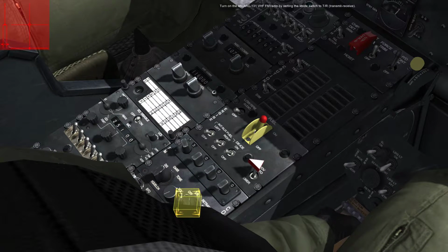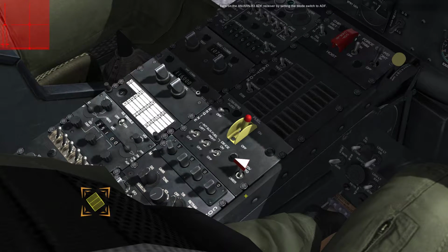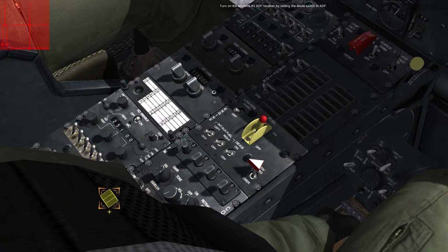Turn on the AM ARC 131 VHF FM radio by setting the mode switch to T-on and transmit receive. Turn on the AM ARN 83 VDF receiver by setting the mode switch to VDF. To complete the